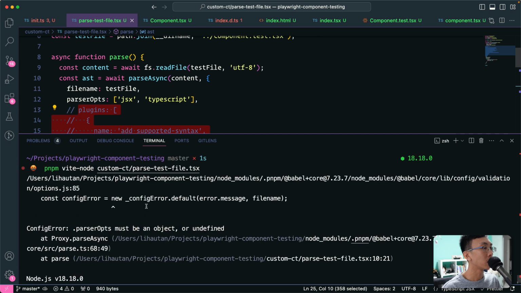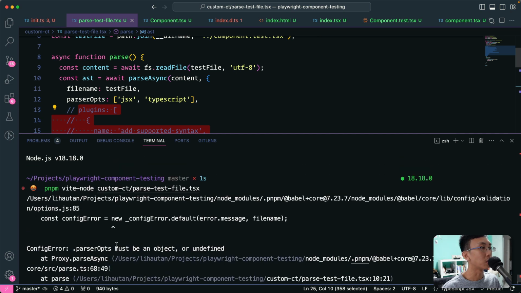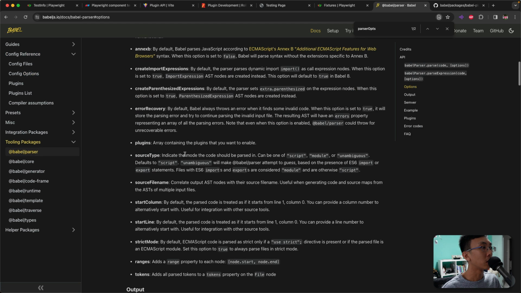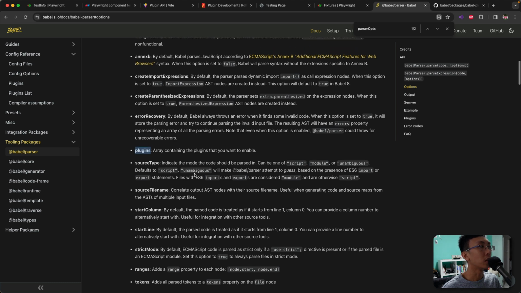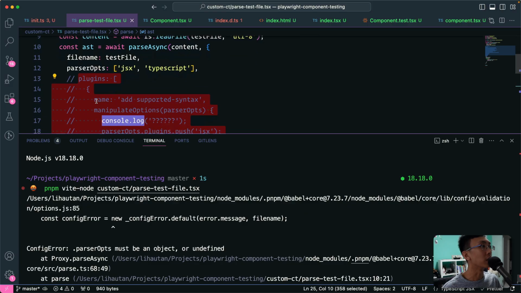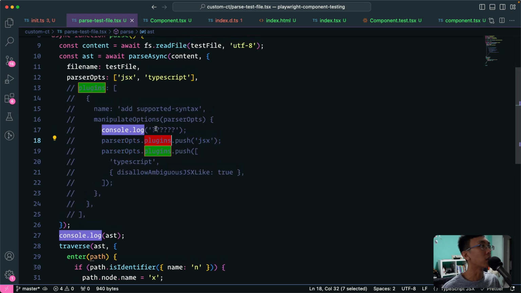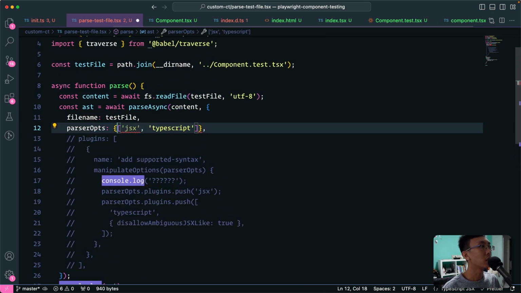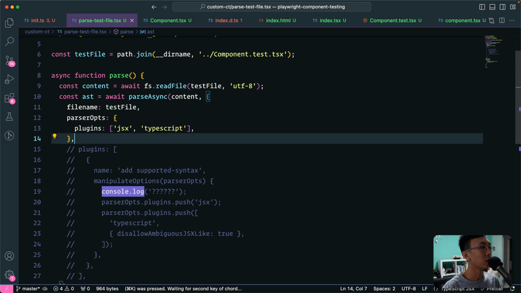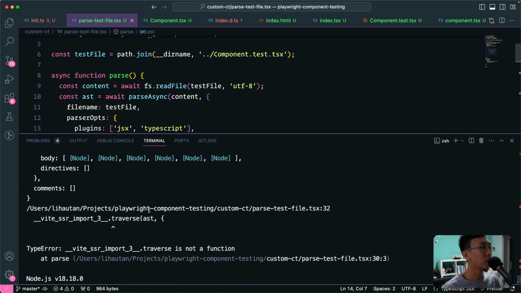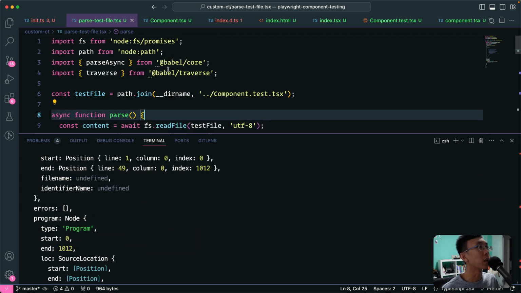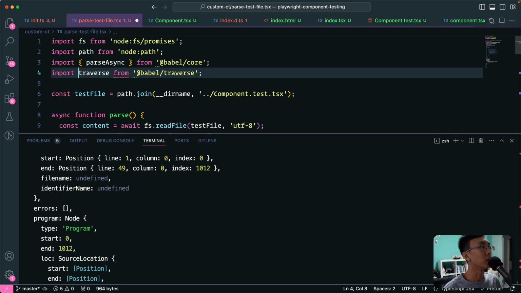Let's try to run this. Parser ops must be an object or undefined. Oops. Yeah, it's called parser options.plugins, right? So there should be a plugin like this. Okay, it works now. Next thing is that the Babel traverse, probably this should be a default import,